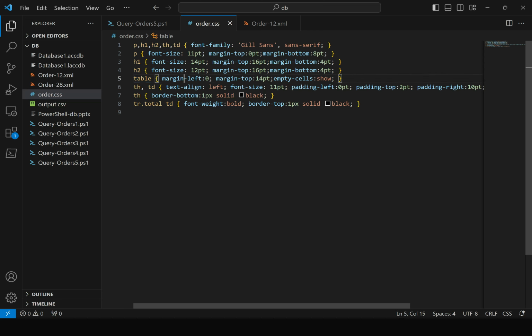For the table, we take out its left margin. We add some margin above. We say that we want empty cells to be visible. And then for either table heading or table data, we align them to the left. We give it a font size. We give it some padding. And then for table headings, we specify we want a border below. And for the